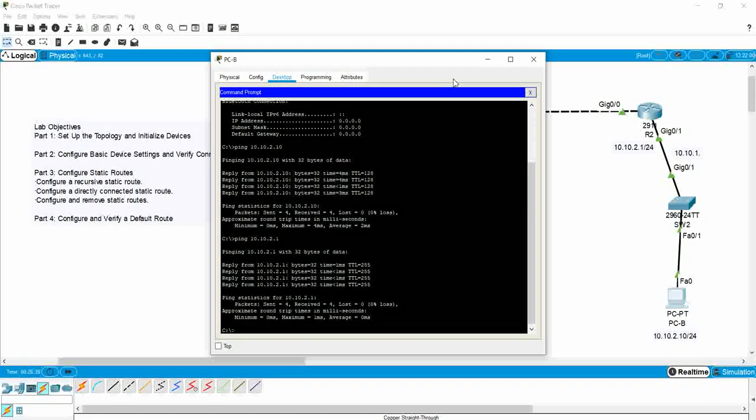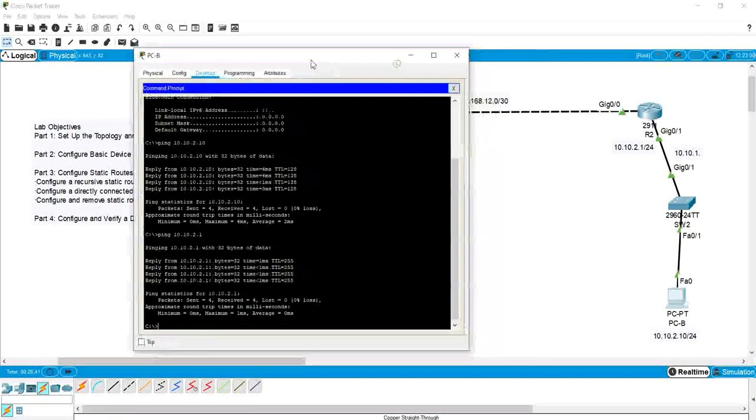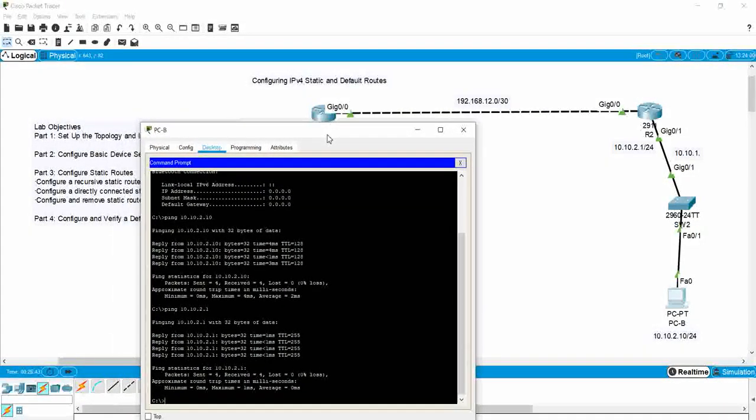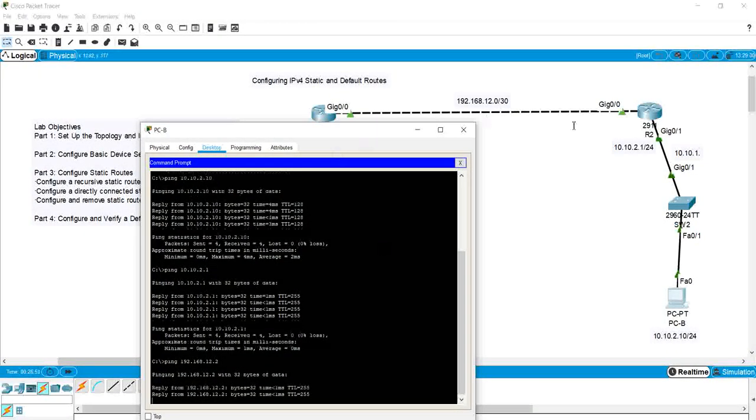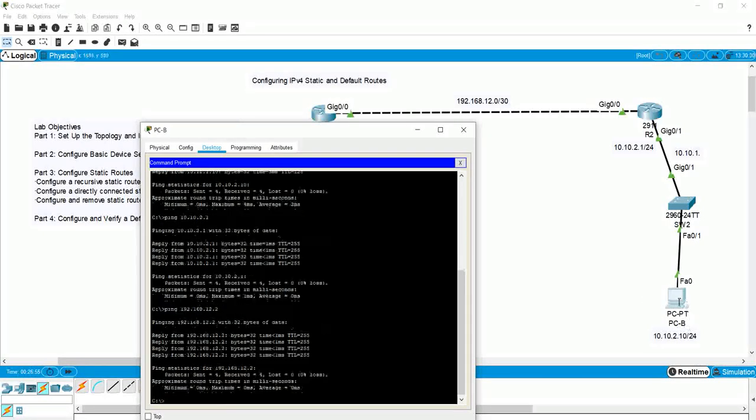So I could also ping the point-to-point link on the gateway. So if I were to go here and ping 192.168.12.2, right, I can ping it because I am on PC B right now. Look at where my mouse is. I'm able to ping gigabit 1, which is on the LAN side, and on the point-to-point link,